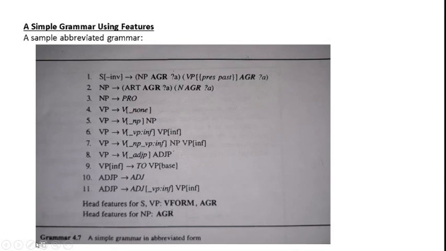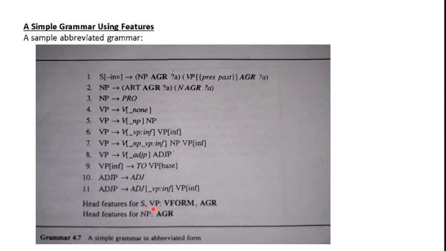So we are going to see some examples of grammars. This is a full grammar written using the abbreviated form that we just studied. And what did we just learn? We just learned that the feature names can be eliminated for representation, as well as across the mother and head constituents, the head features can be eliminated along with their values, but in the end they have to be applied. The individual grammar rules follow all those things, and note that in such grammar rules we should define what are the head features for the various mother forms.